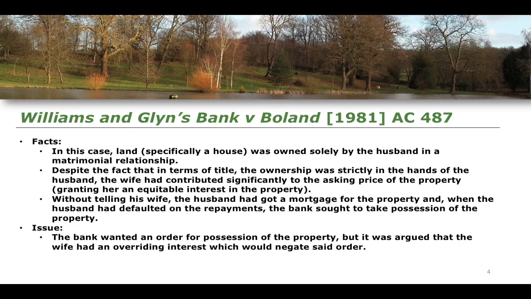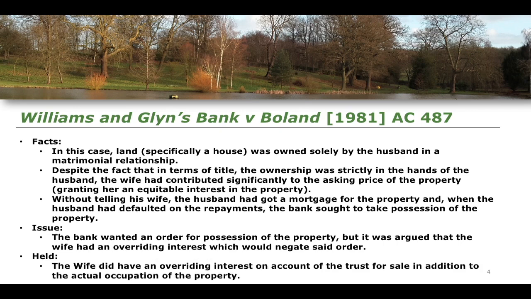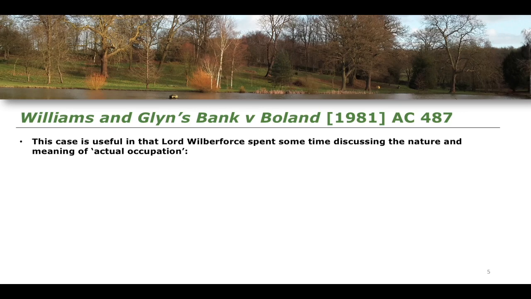So the bank wanted an order for repossession of the property, but it was argued by the wife that she had an overriding interest, and so this could negate said order, and the overriding interest has to be found in paragraph 2 of Schedule 3. So the question that we have to think about is whether or not actual occupation was found. Well, in terms of the judgment of the decision, the wife did have an overriding interest on account of the trust for sale, in addition to the actual occupation of the property, and so the